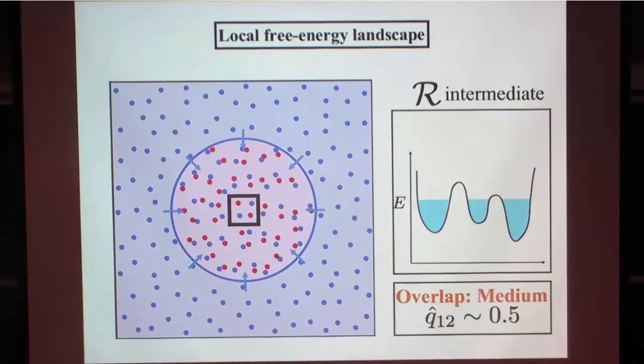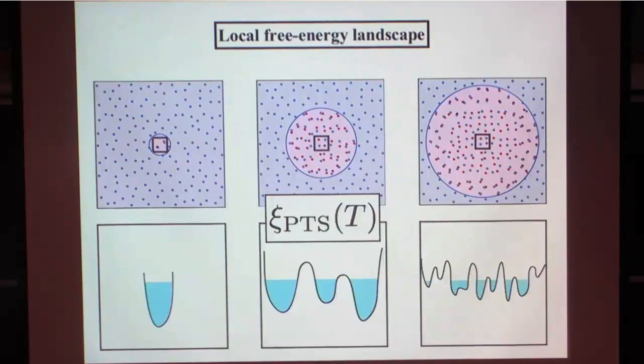So if you take an intermediate length scale, then maybe you have not too many, not one, but a few metastable states. So in that case, sometimes you end up in the same state, sometimes you end up in a different state. So if you average over, you get some medium number like 0.5, less than 1 or 0. So you see that as you change the length scale of this cavity, you have a crossover from having one state to a few states to many, many states. And that's the point-to-set length scale that people sometimes care about.